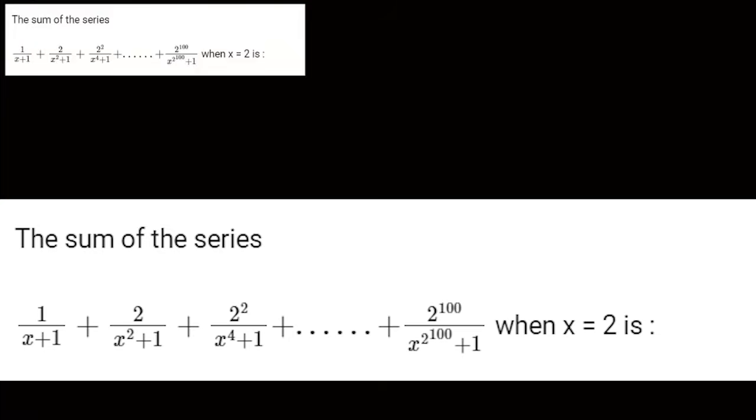Now the question is we need to find the sum of the series, which is 1 upon x plus 1 plus 2 upon x plus 1 square plus 2 square upon x to the power 4 plus 1 up to 2 to the power 100 upon x to the power 2 to the power 100 plus 1. Now here we see in the denominator we have x plus 1, x square plus 1, x to the power 4 plus 1. So I suspect it has something to do with x minus 1. So what we'll do is we'll add x minus 1 and we'll